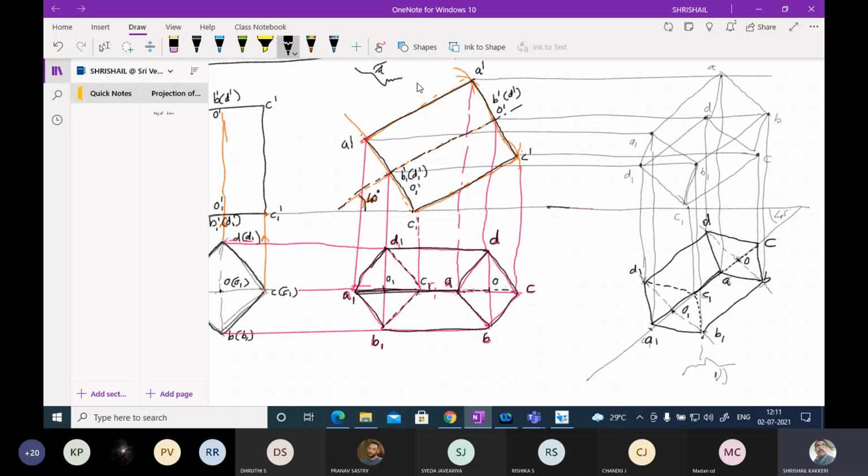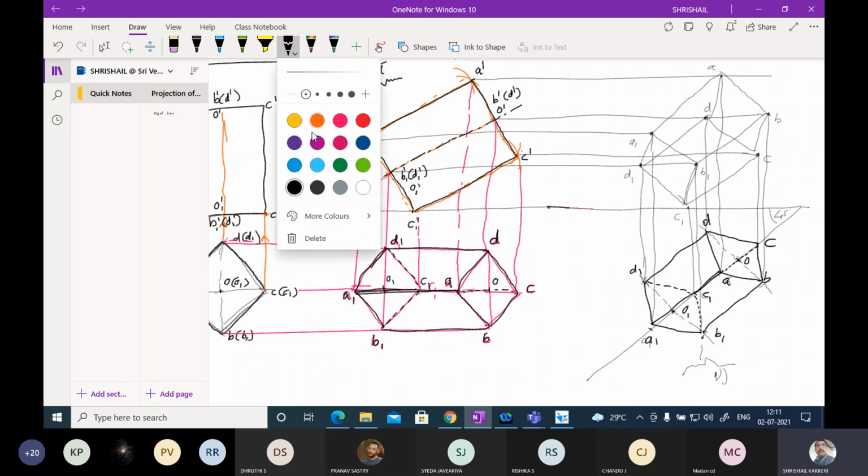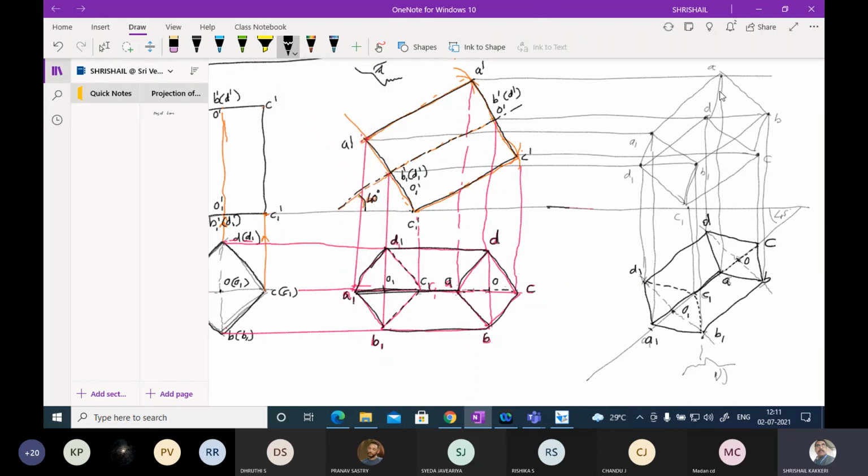Before that, I wanted to show thick and thin lines, so I am telling you this procedure. Before that, all the outer lines you join them, and do not worry about all those. Join all the outer lines. Okay, I have joined all the outer lines. Now, if you look, the observer is here. This line BB is nearer to the observer.